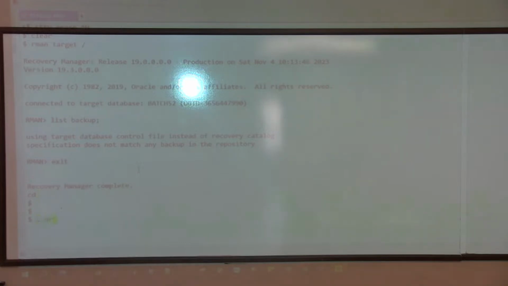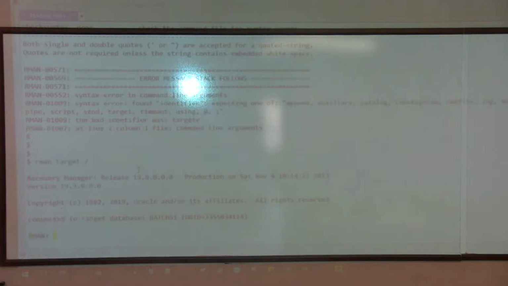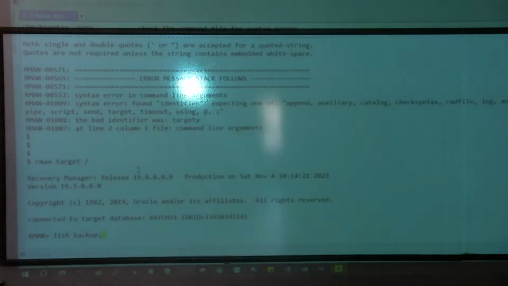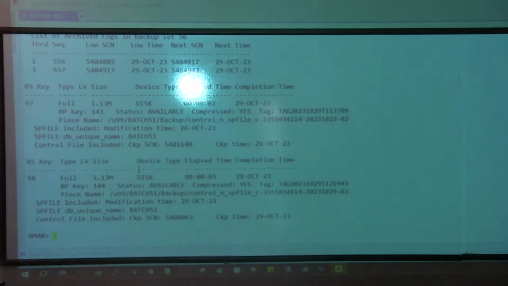Yeah. So RMAN target / list backup. So it looks like I do have these backups. So if I go to this location,